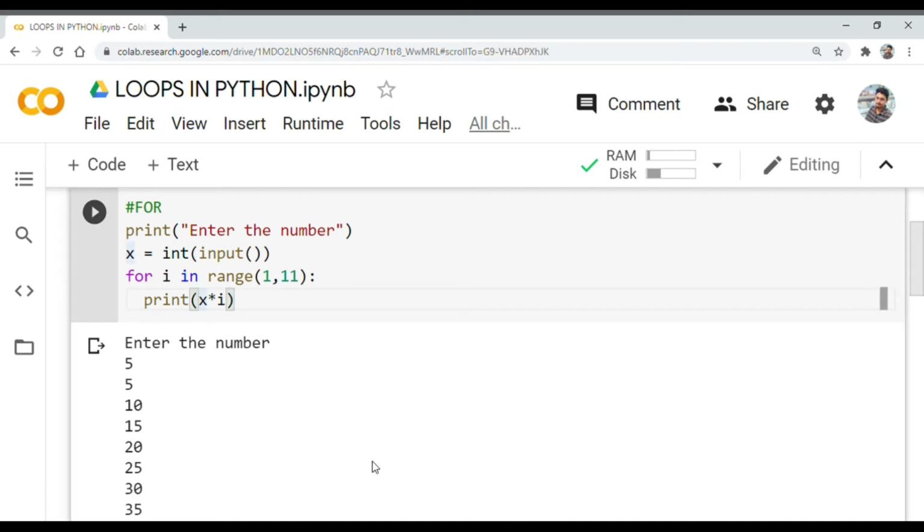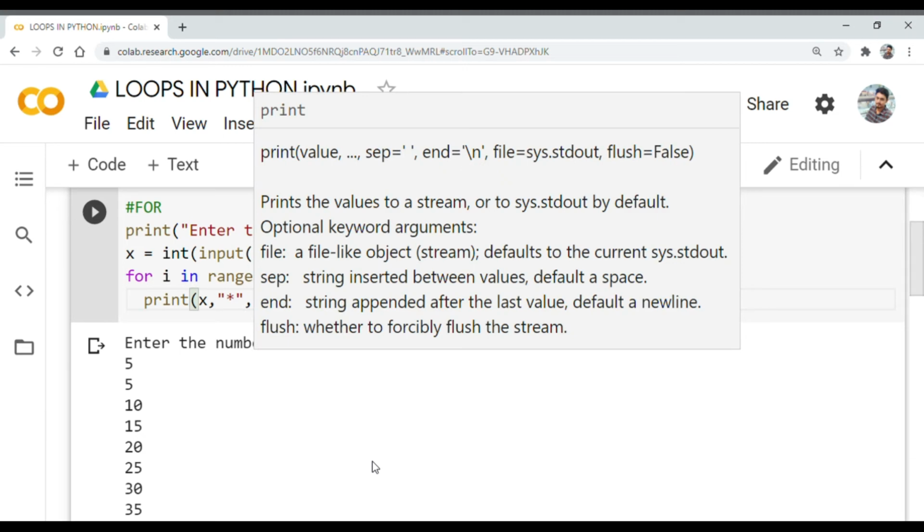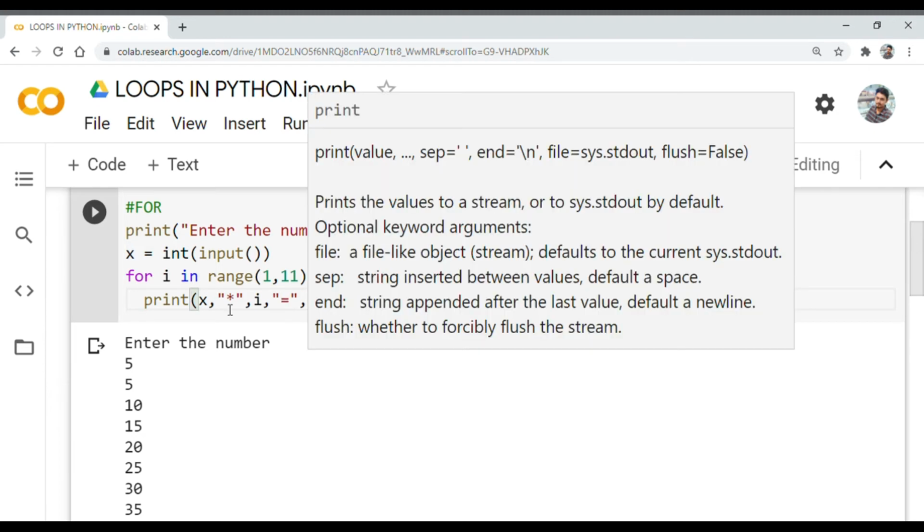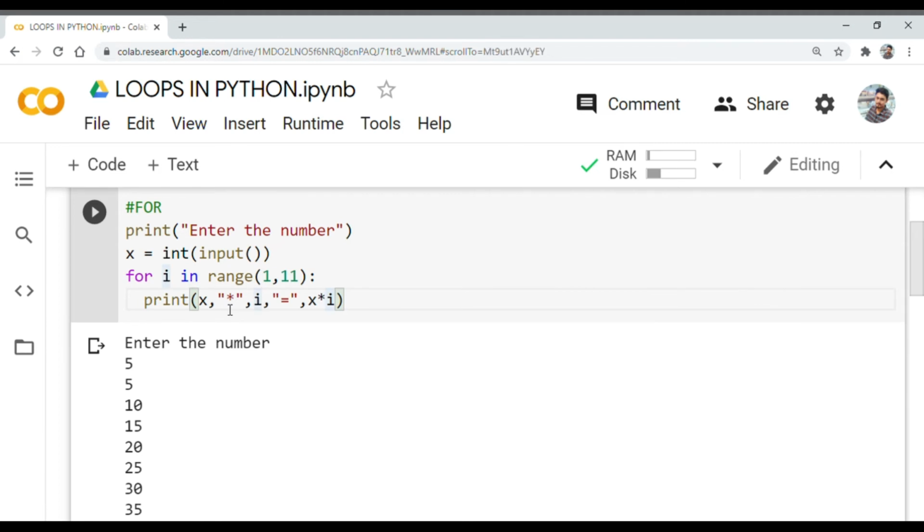So now we will be modifying the print statement as print of x, comma, the star mark, comma, i, comma, equals to, comma, x into i.